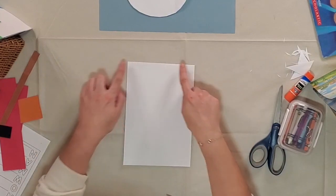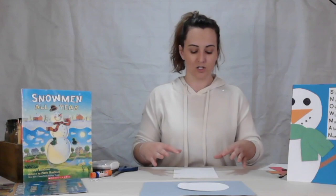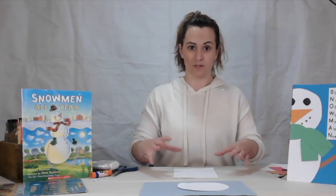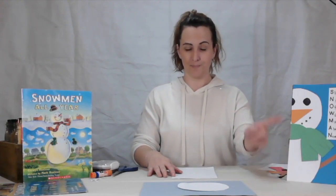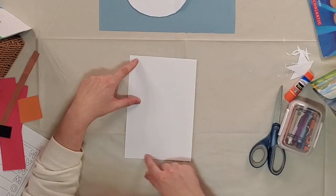So for this, we're going to be making the body, which normally you would have 3 circles, right? That is how you usually make a snowman: you make 3 balls of snow and stack them. So one's really big, medium, and small. For ours, we're only seeing part of our snowman over here. So I'm making my head, and then I'm going to make the next part, which is going to be like